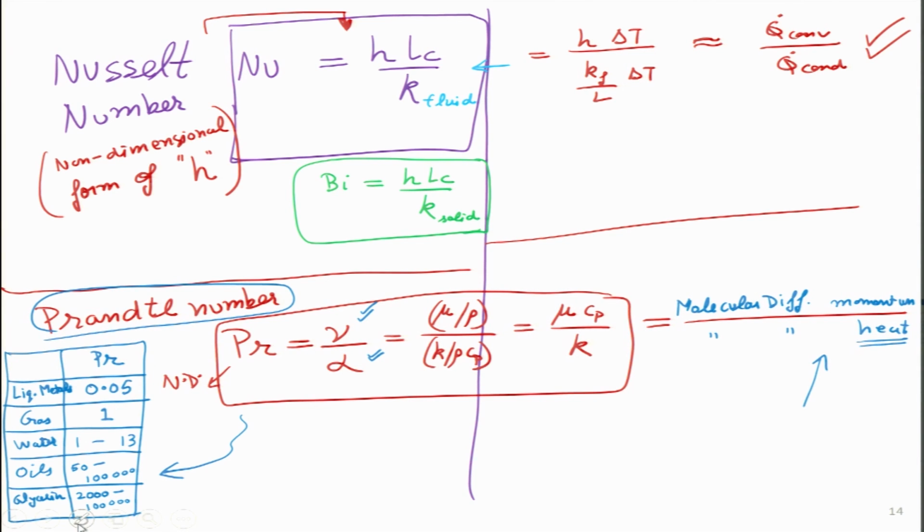So, if I put some green circles over here, this is directly a ratio of momentum and heat. In the next lecture when we begin, we will try and see that when flow takes place over a heated surface, how the heat transfer takes place from it, and how the momentum transfer also takes place from it. A very interesting thing is, if flow is taking place and we put some surface in between, then the flow tries to pull that surface along with it, exactly because the momentum is trying to drag it, and we call it drag force.